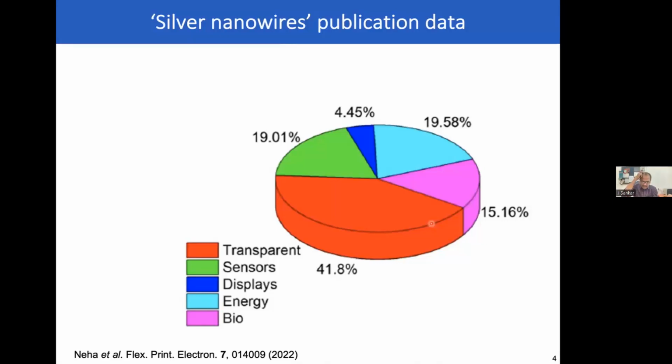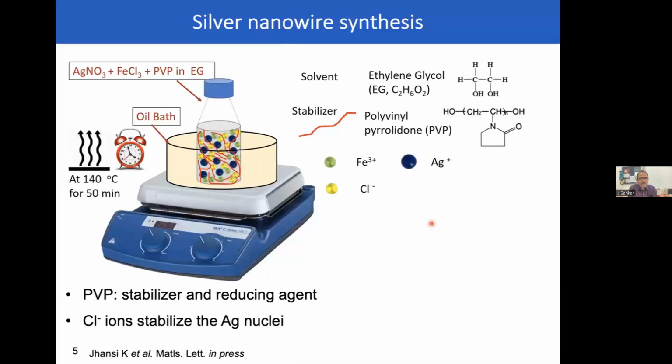Got it. Yeah. The second one is, what was the role of ferric chloride? Because I am a chemist, I just wanted to understand, is there really a role played by ferric chloride, or is it kind of just an additive? So, more than ferric chloride, there are two things. One is you have the Cl- ion, which helps to stabilize the initial nuclei. The Fe3+ also helps in scavenging oxygen, so that also helps in preventing the nanowires from getting oxidized. But to add to your question, what happens if you don't have FeCl3 or you replace it with something else?